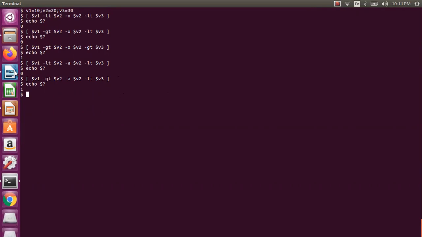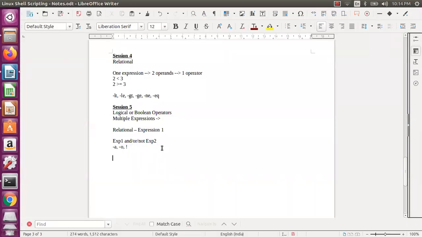So for this logical or Boolean operation, true or true becomes true, true or false becomes true, false or true becomes true, and false or false only becomes false.